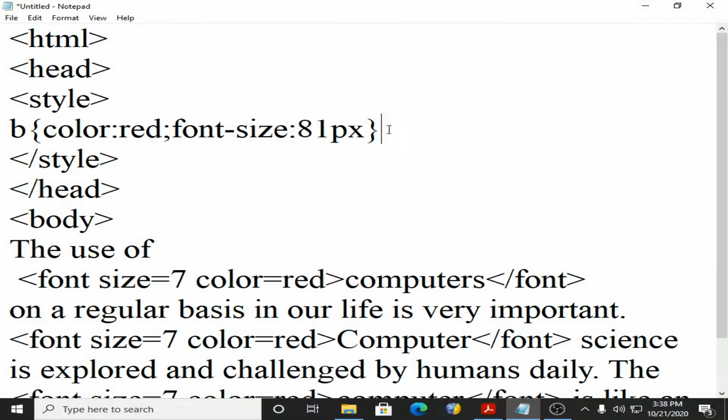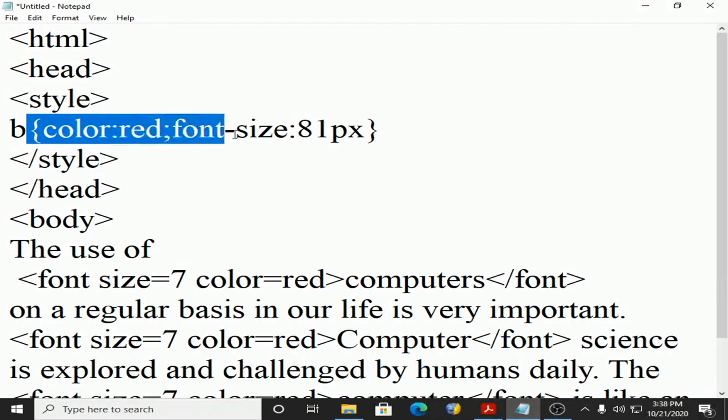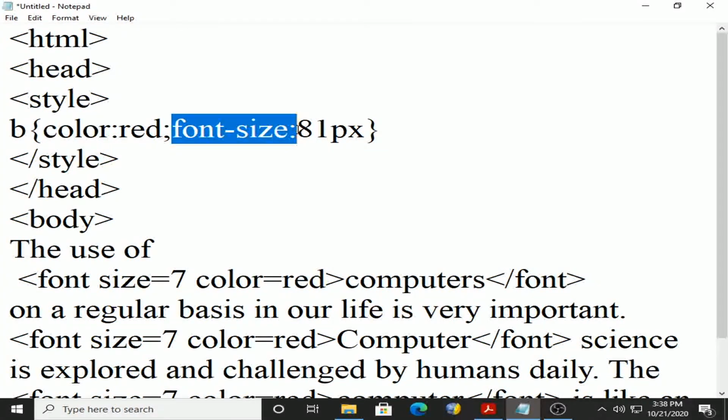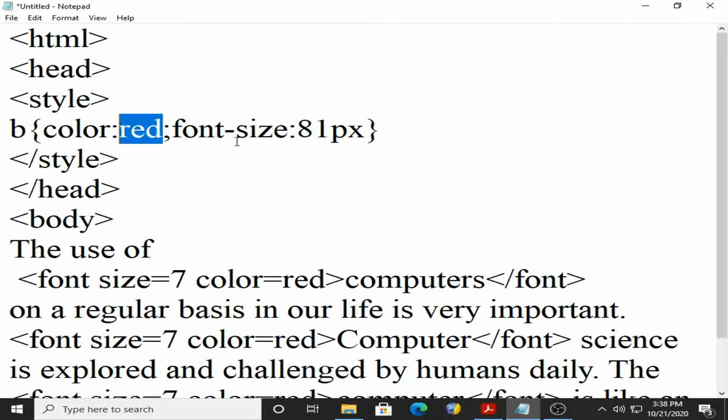So the whole line is rule, selector, declaration, property, and value. Okay, now this is how we create the style between the style tag and slash style tag.